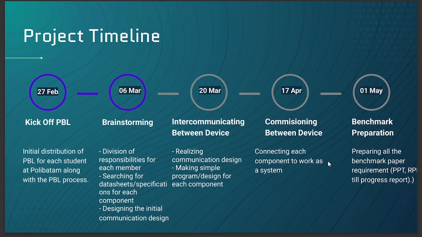And this is the project timeline of RMS, or robotic manufacturing system. Firstly, we have the timeline at 27 of February.